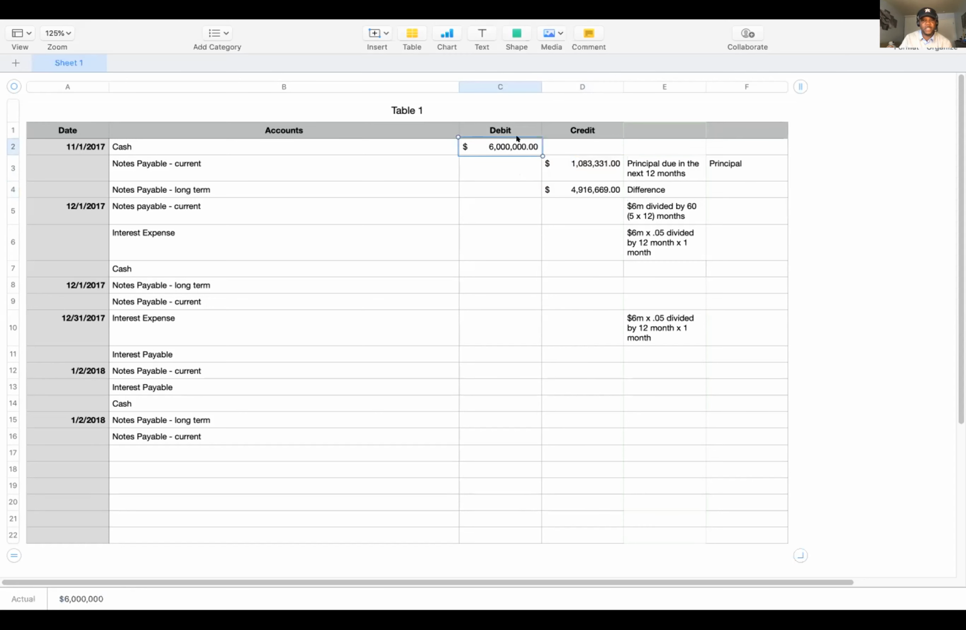So we borrowed $6 million in cash, right? That didn't change. The only thing that's changing are going to be our numbers that were here. These journal entries are not going to change. Okay. So 6 million, current portion is 1.083, and then 4,916,669 is the difference. And that 4,916,669 is coming from